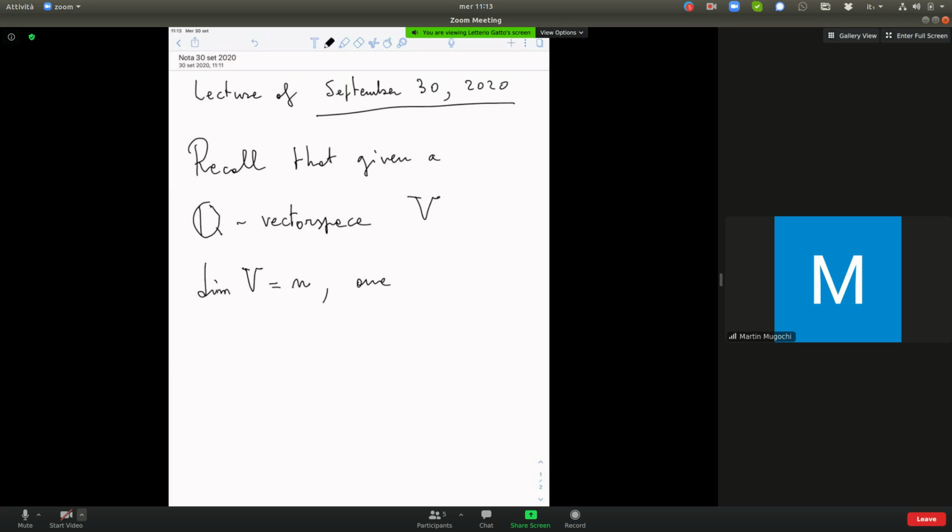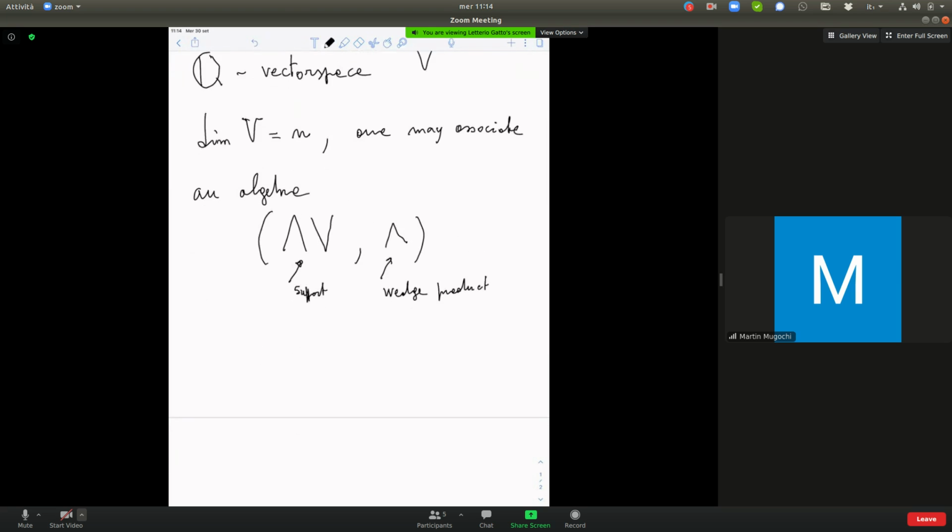one may associate an algebra, wedge V, with the product. This is the support of the algebra, and this is the product, the wedge product. And one may associate an algebra, wedge V wedge, where